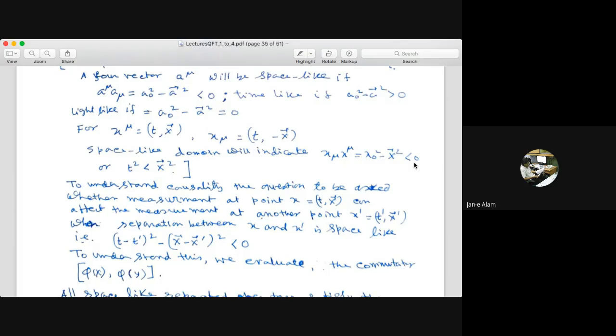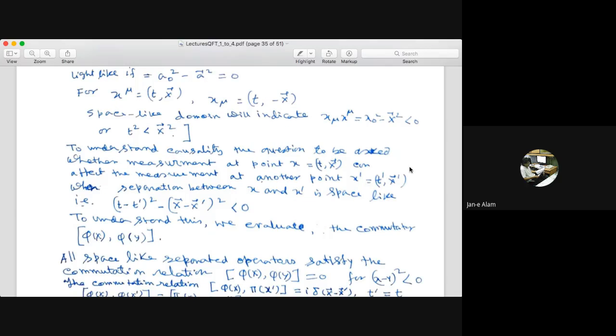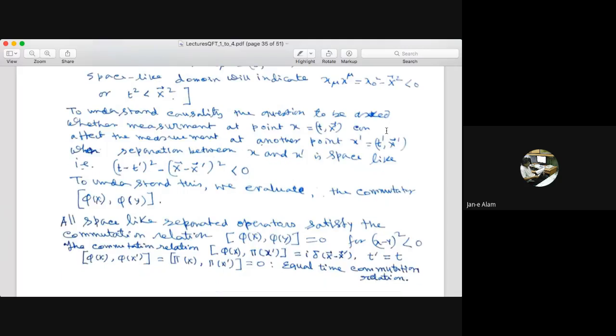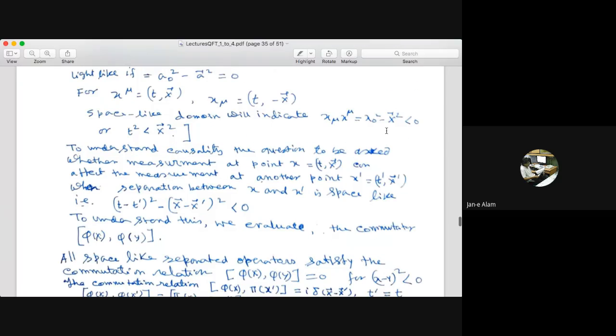That means ct less than x, that is the space-like domain, right? So that is the space-like domain. And if ct is greater than x, that is, c squared t squared is greater than x squared, then that is a time-like domain. Space-like domain will indicate the domain where we want to see whether the